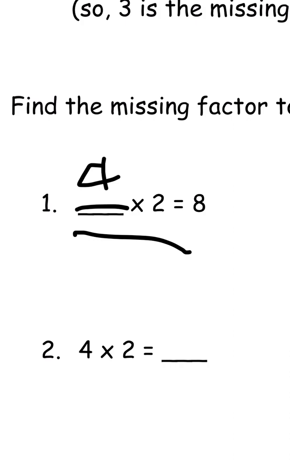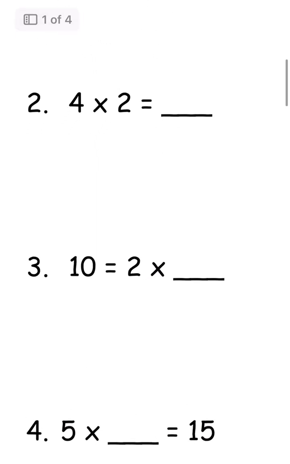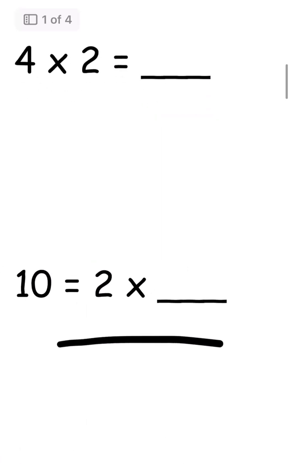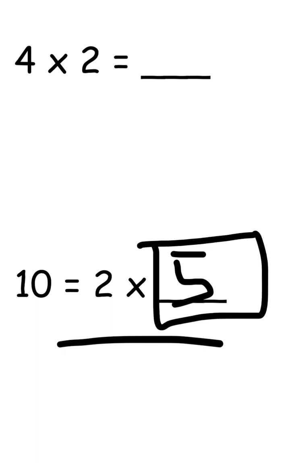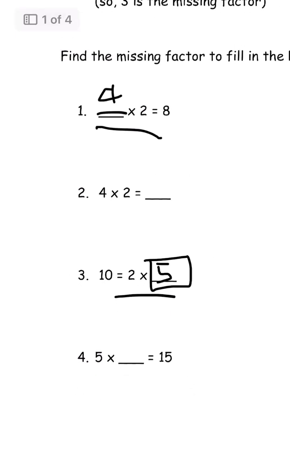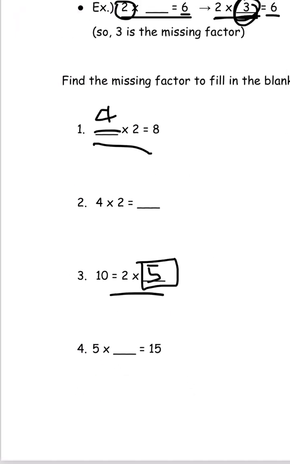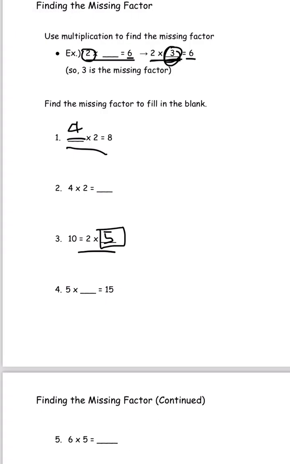And then let's move on to another question. So let's look at number 3 then. So for number 3, it says 10 equals 2 times blank. And we know that 2 times 5 is 10, right? So 5 is going to be the answer for number 3. And then the rest of them you could try on this page, and then let's move on to the